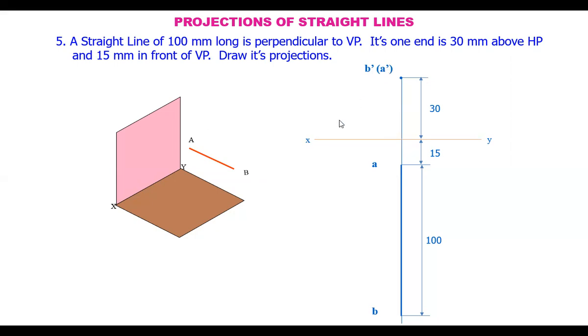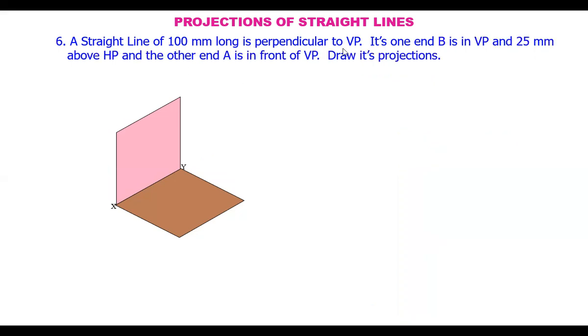So like this, we draw the projections of the line when it is perpendicular. And here actually the name of the points, a line name, is not given, A, B or C, D, something like that. In that case, you can take at your convenience whether this point is A or B. It is up to you because it is not mentioned. Okay, now